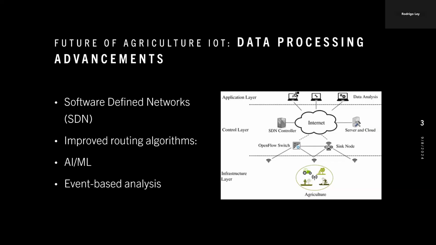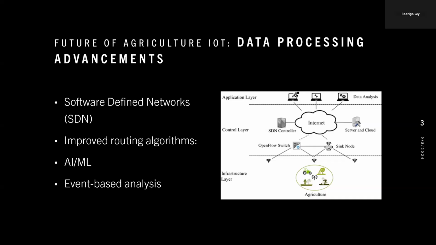And one of the proposals they have is to improve the routing of the data itself. If you improve the routing, it will reduce the latency, improve network energy usage, and make more efficient use of the resources out in the field. And one idea specifically is to use software-defined networks. In this case, software-defined networks, SDN, are the concept of using network architecture that's driven by software versus the traditional networks that were defined more by their hardware.